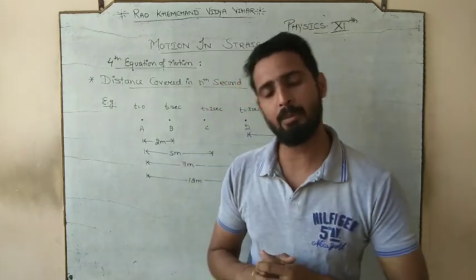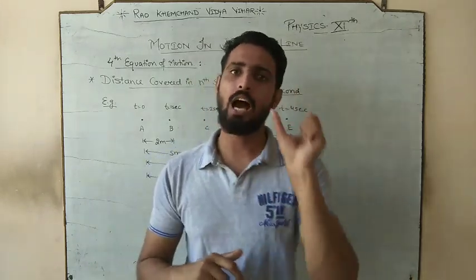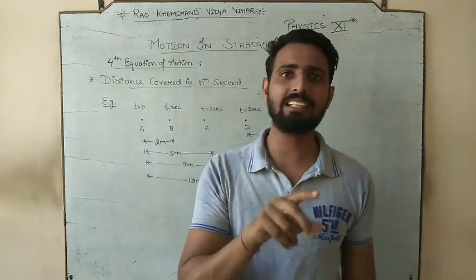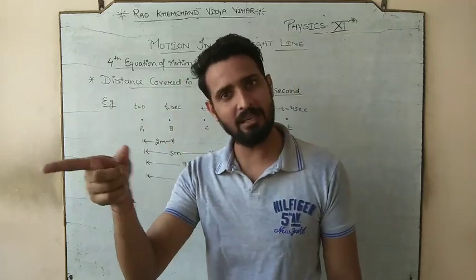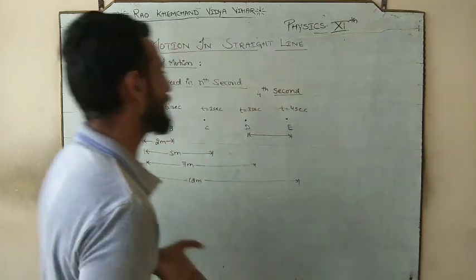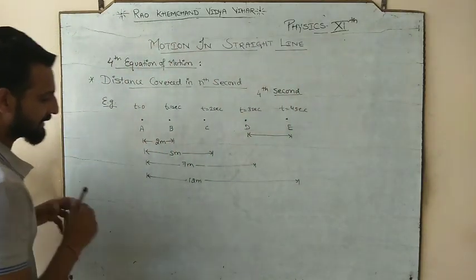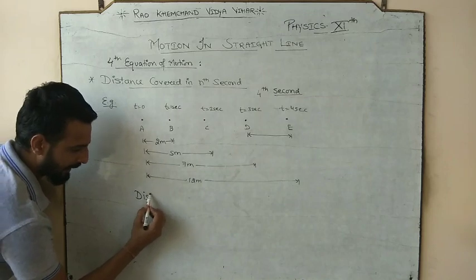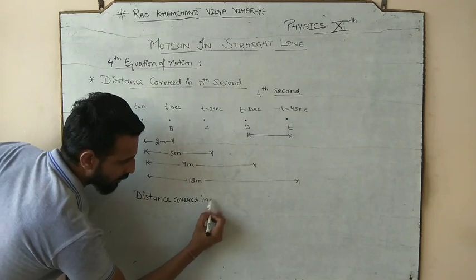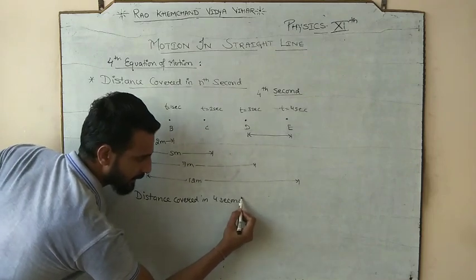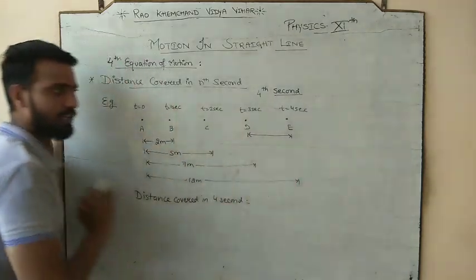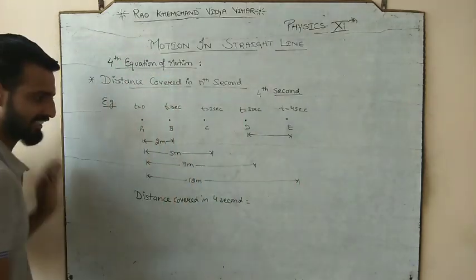केवल particular के बारे में बात करता है. So when we say all class 12th will assemble, only 12th will go. But when the teacher says all class 12 will assemble, it means all the classes are going to assemble. In the same manner, if I ask you distance covered in 4 seconds, what is the distance covered in 4 seconds? It means he is asking us to study the 4 seconds. Total 4 seconds में कितना distance covered हुआ?